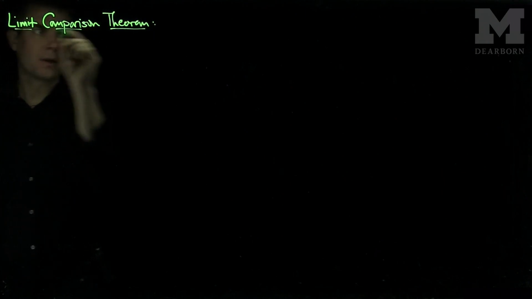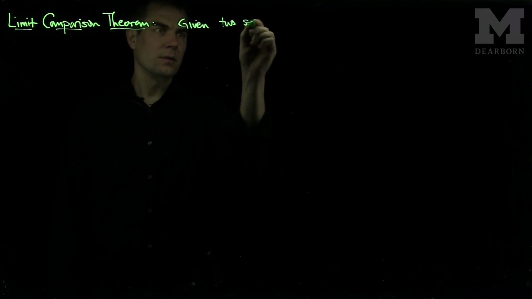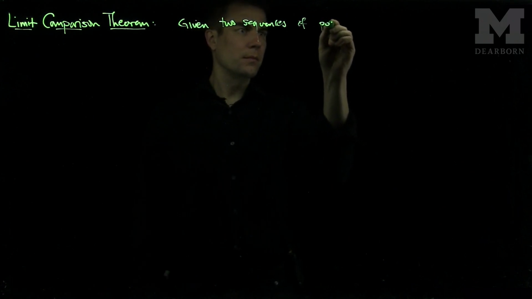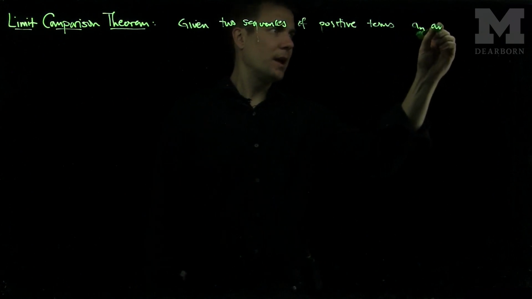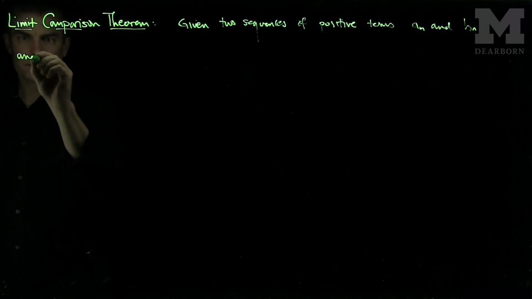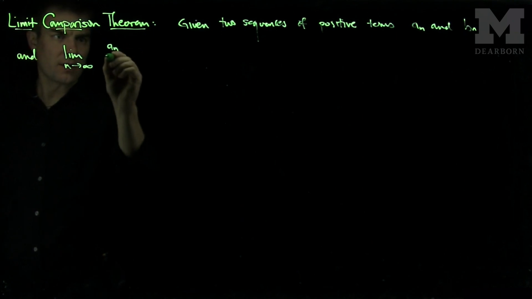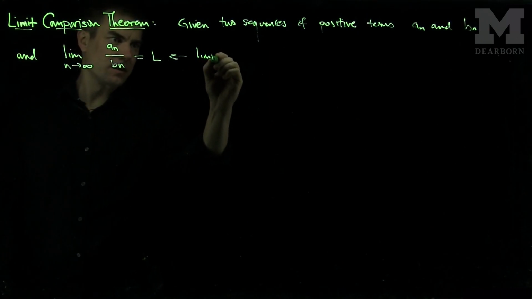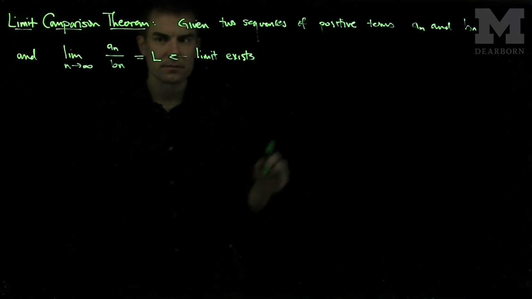The limit comparison theorem states the following. If you're given two sequences of positive terms, an and bn, and the limit as n approaches infinity of an over bn is equal to L. So this limit, i.e. the limit of these sequences, exists, then